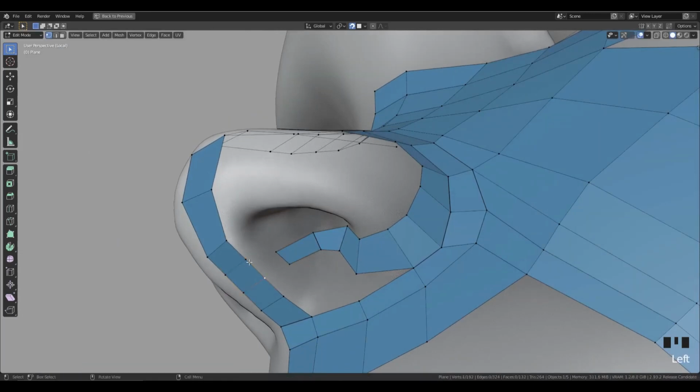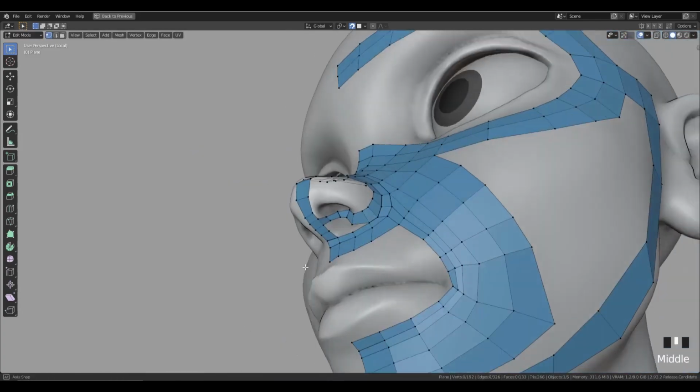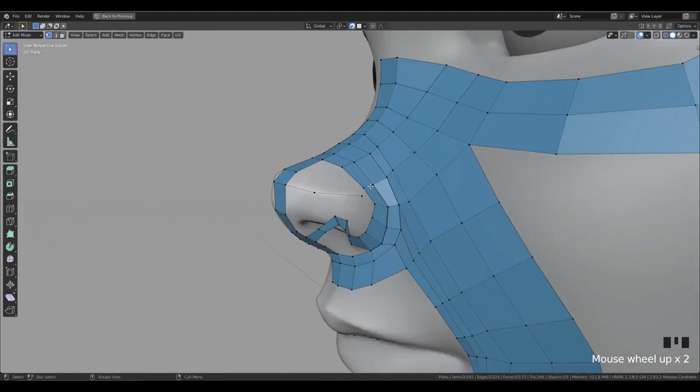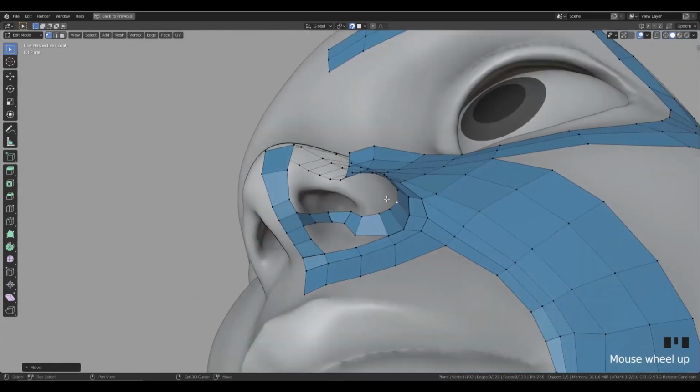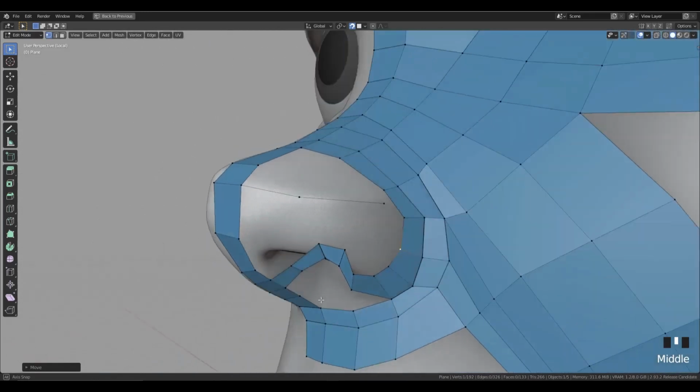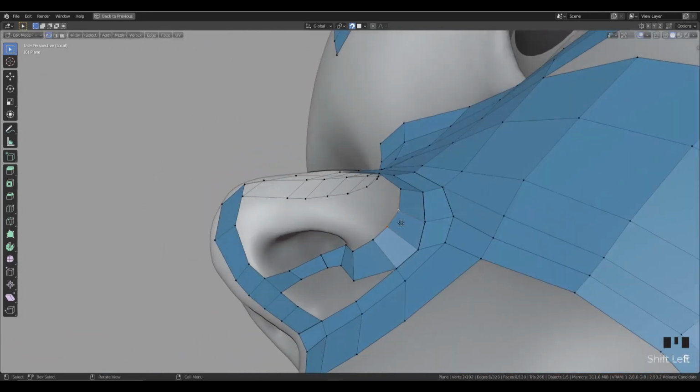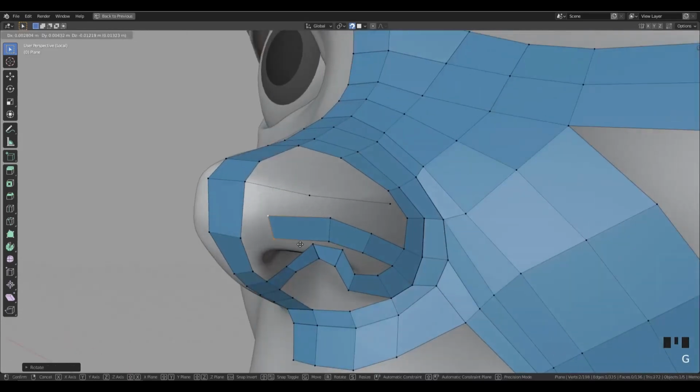So here I can add two loops by pressing Ctrl R and scrolling the mouse wheel, and then I have this loop that goes around basically the nostril, the wing if you want, and that goes toward the center, which is alright. So now I will extrude this line that goes toward the center